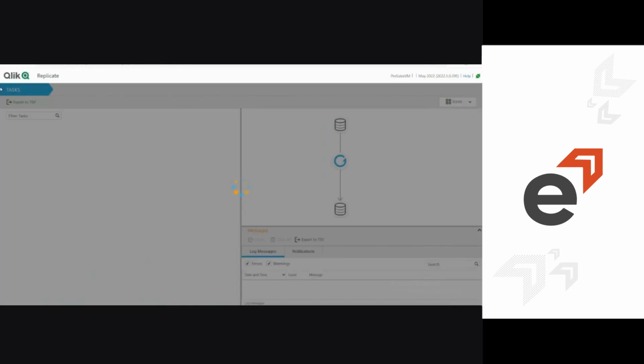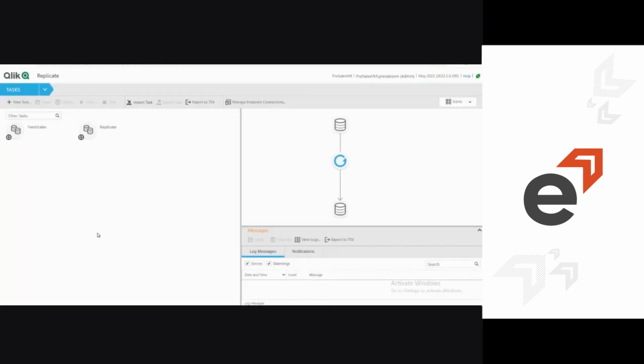So as you can see, this is the console that Replicate provides for us to work on. It is basically divided into two parts. One is where you design your tasks and monitor them, and the other is the server where you configure your server and scheduling jobs and other things like that. So we'll quickly go